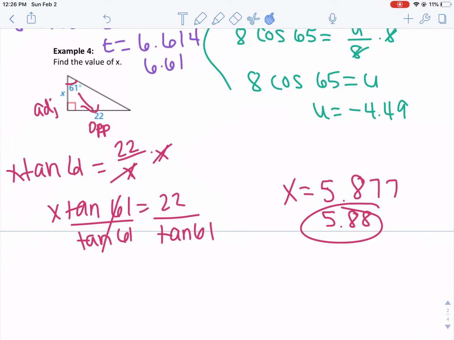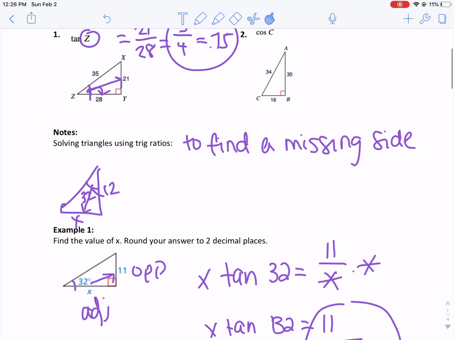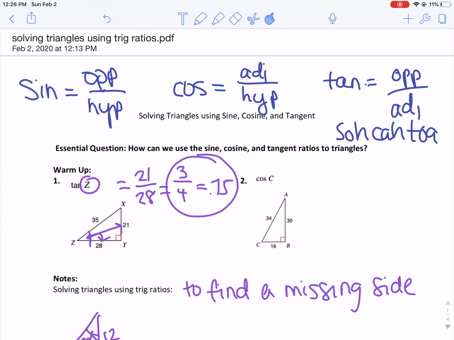When you're finished with your notes, get the purple sheet, I think it's purple, from the sub, and you can start your homework. And then if you have extra time, work on your homework from Friday or anything else you have for